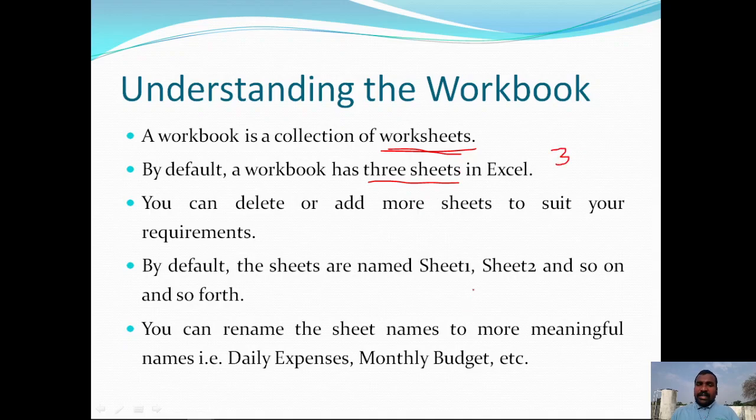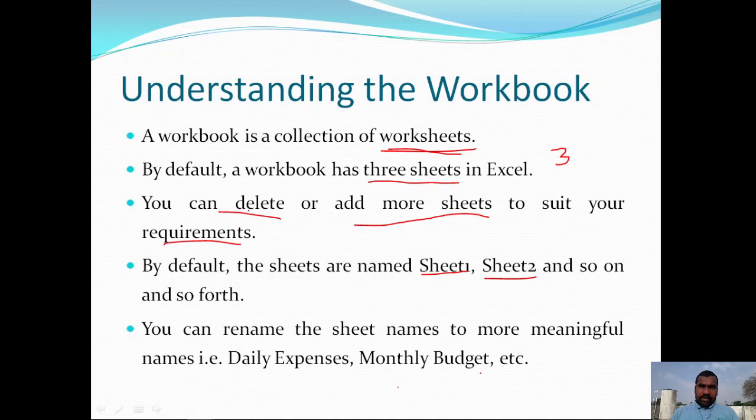These three worksheets are labeled with the names Sheet1, Sheet2 and Sheet3. So these are the three sheets that are available by default with the workbook. You can delete or add more sheets to suit your requirement.